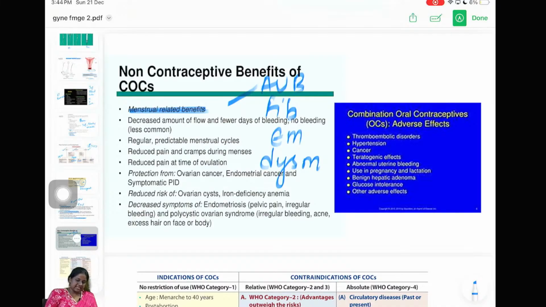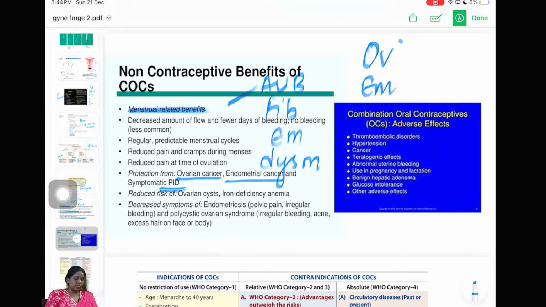Okay. And the next thing is protection. What is it protecting us from? It is protecting us from ovarian cancer, endometrial cancer, and PID. Understood? Why ovarian cancer and endometrial cancer is actually being, it is protective against these two, because both ovarian cancer